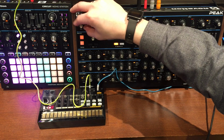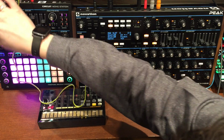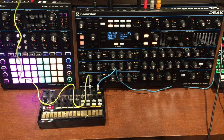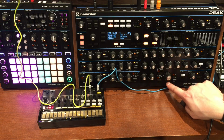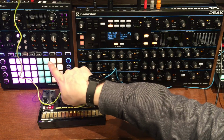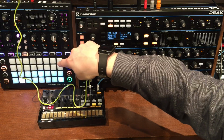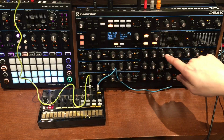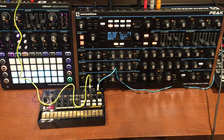If you want to listen to him, I'm going to bring down the MonoStation. We only hear this one. Let's bring that up a little bit. So the filter opening up here, it's opening up. It's the sequence that I have here. If I go here, you're going to see a sequence. See when the lights go up, the CV changes. Okay, so when these lights are on, the CV changes for the filter over there. Okay, and now if I play with my pedal here,